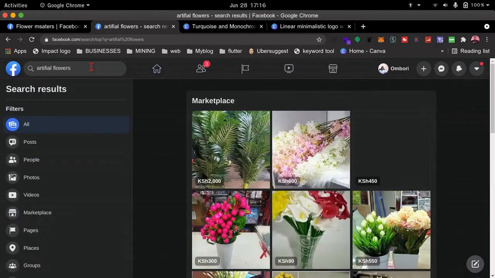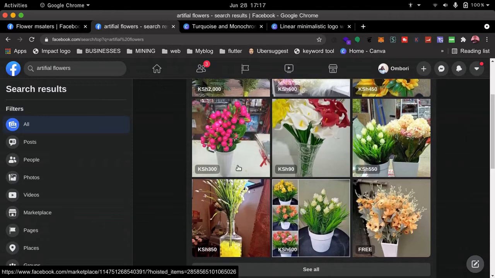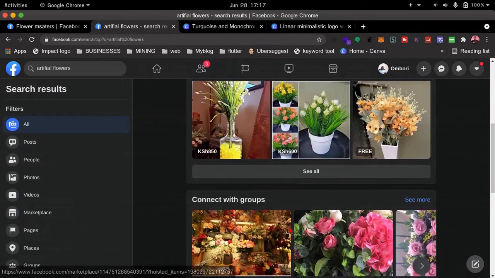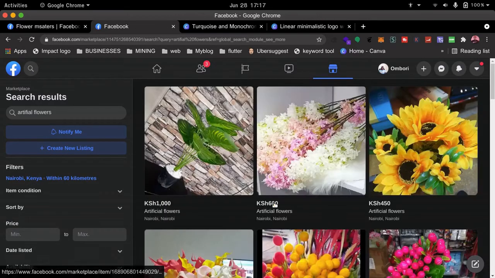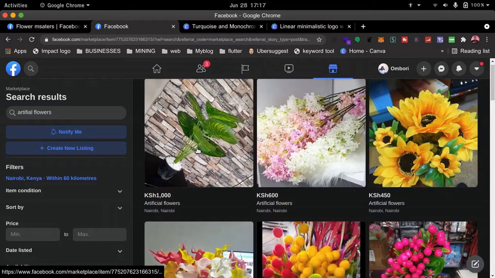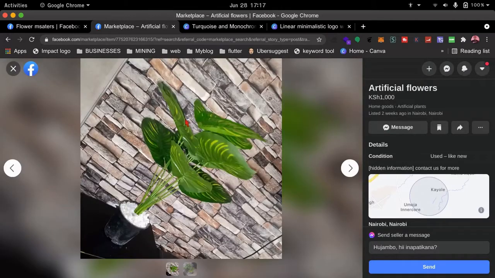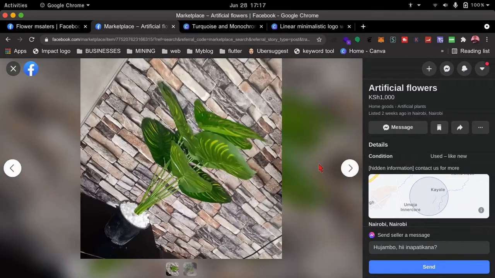Now artificial flowers, you can see there are so many of them. You can now see the range. Maybe this flower is sold at 2,000, and then this guy is selling this at 300 bob. Someone will be selling the same flower at some other price. Okay, so you go with that. Now this guy is selling this one at 1,000, this one at 1,000. Now I want to take this picture because I want to sell the same product, but